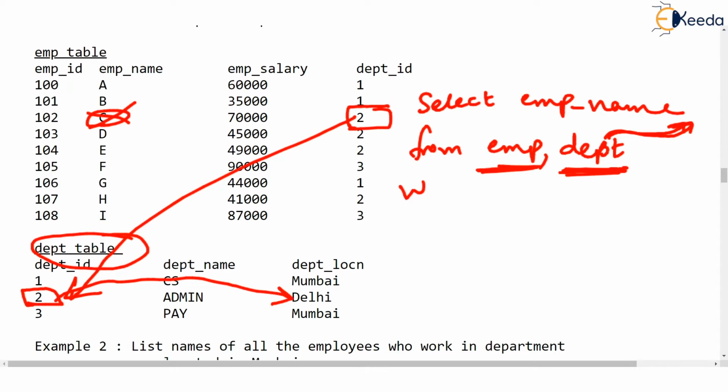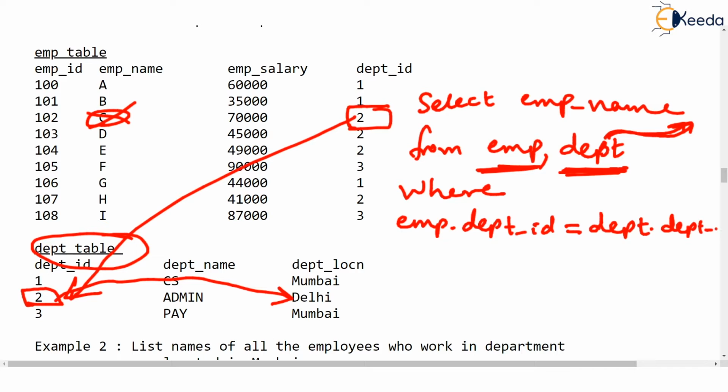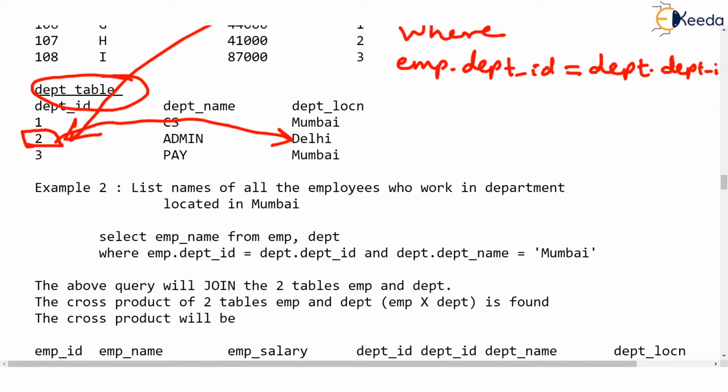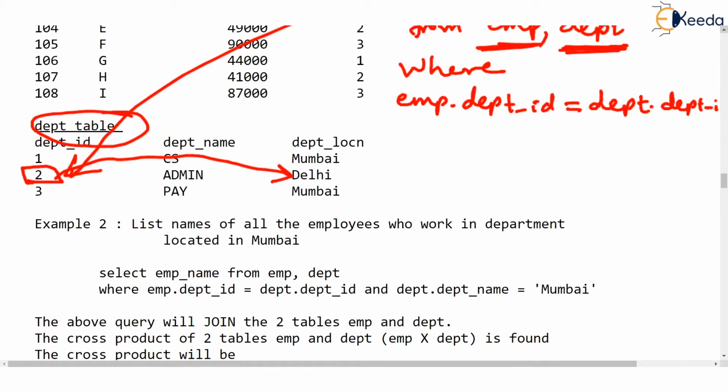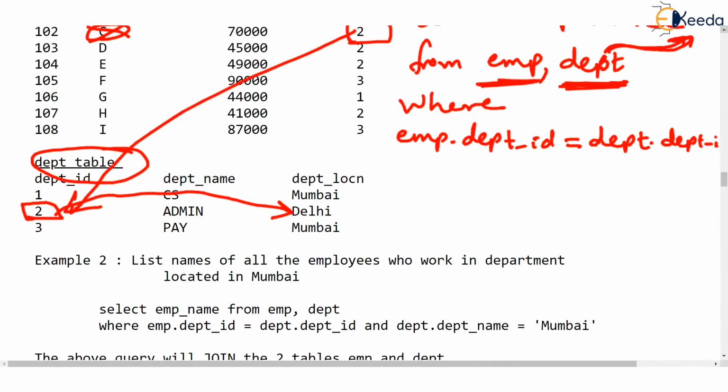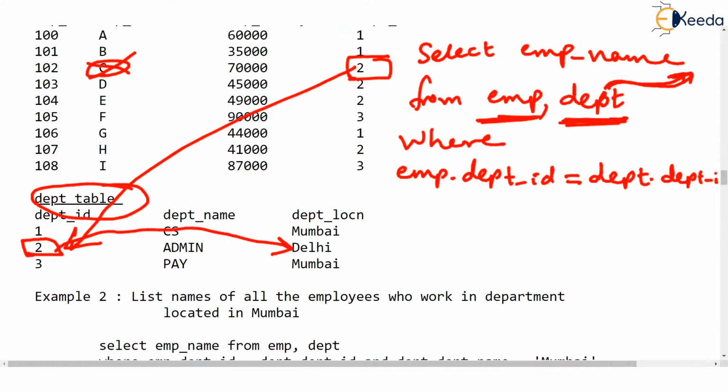Okay, what will be the where clause? Yes, EMP dot department ID must match department dot department ID. I hope you are understanding. Okay. And what is the another condition? This is not enough, isn't it? Departments are matching, so we got the relation between this employee and department. We will have to write and what? Yes, exactly. Department location is equal to Mumbai.